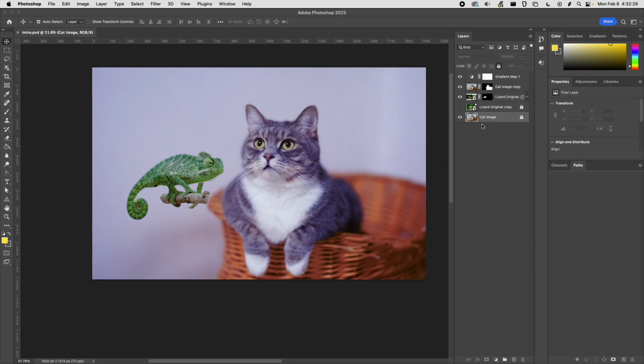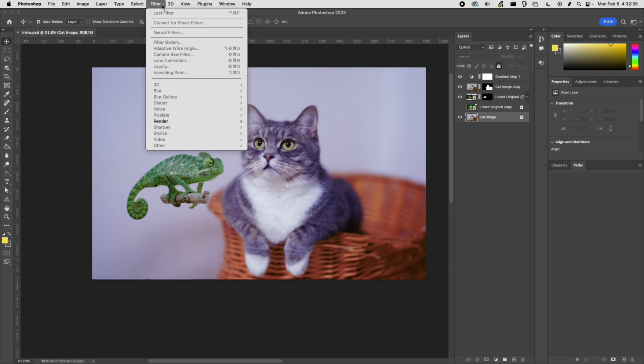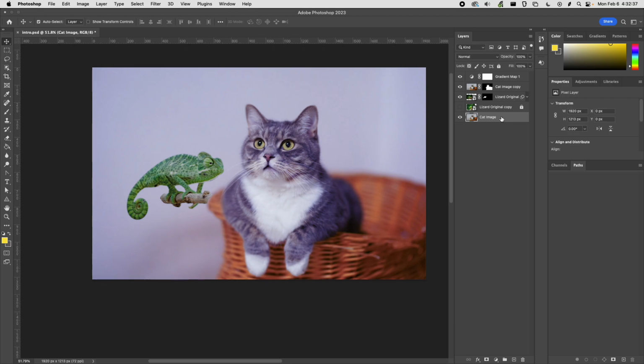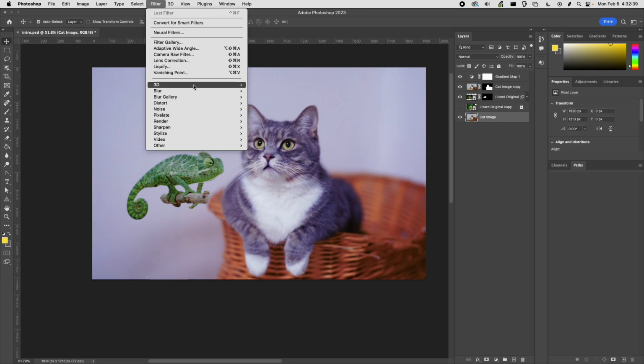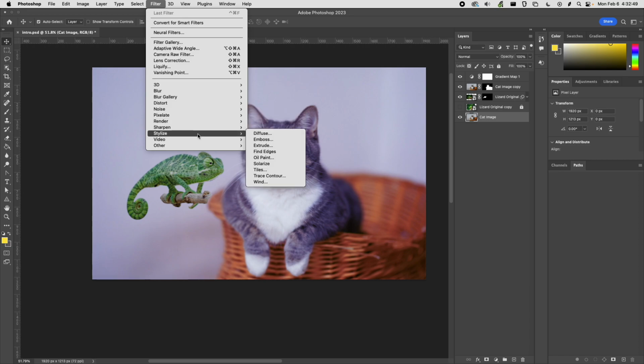And now I'm gonna apply a filter to this cat background to stylize this even more. I'm going to go to filter. Oh, I have to unlock this layer first. So I'm going to go to filter. And then there's all these different things you can do. Blur, it's already pretty blurry. That's not gonna do anything. Noise, I can add some cool noise. But the cool ones are these pixelate ones or stylize. You can do some really weird stuff. So I'm gonna go to pixelate and